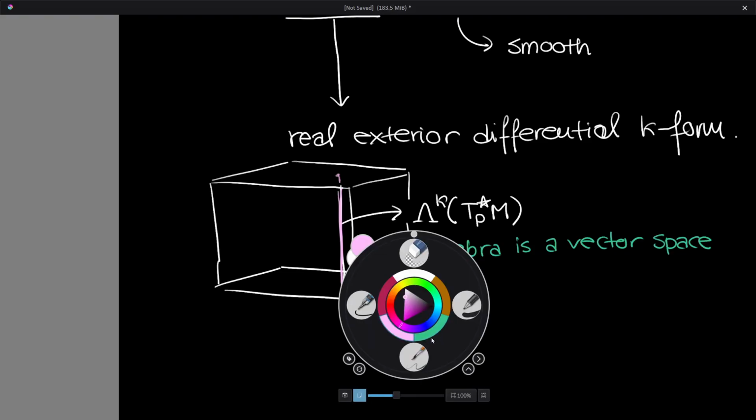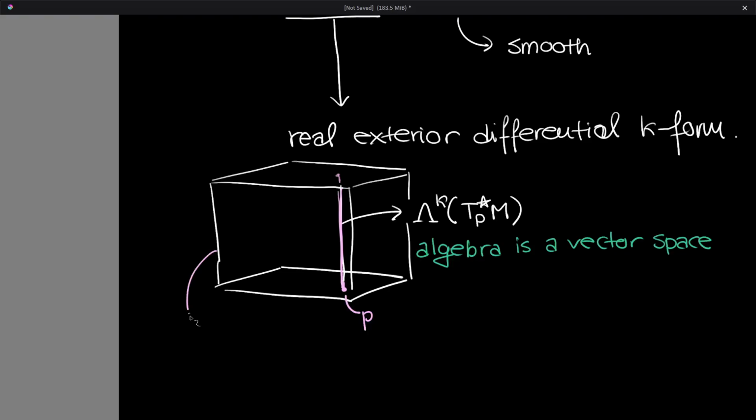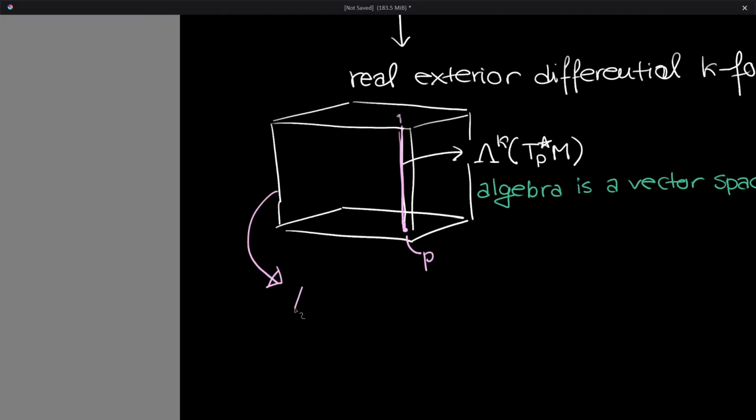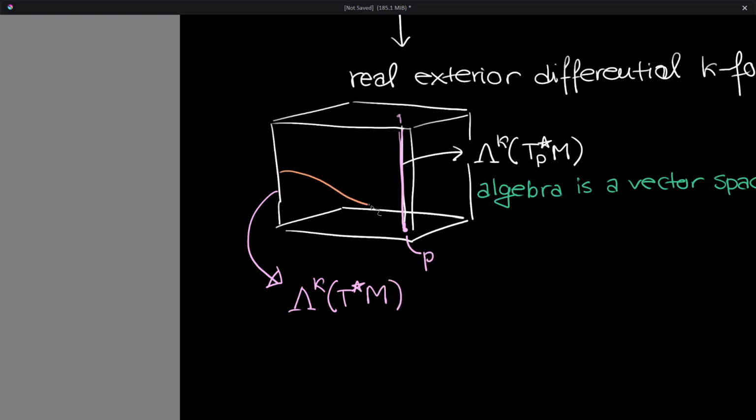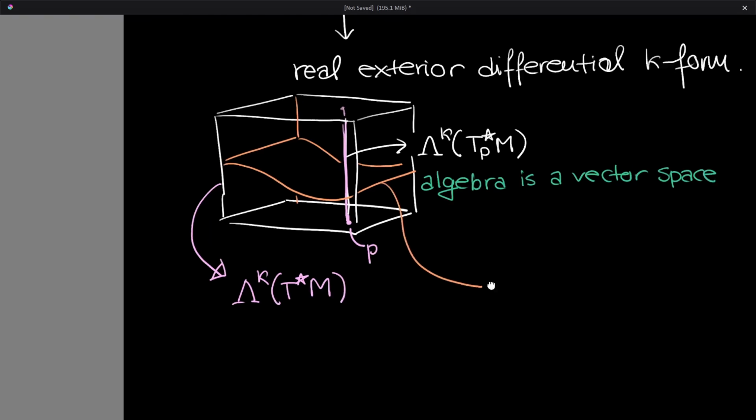So this bundle is what we're calling lambda K of T star M, right? And then we took a smooth section out of this bundle. This smooth section is what we call